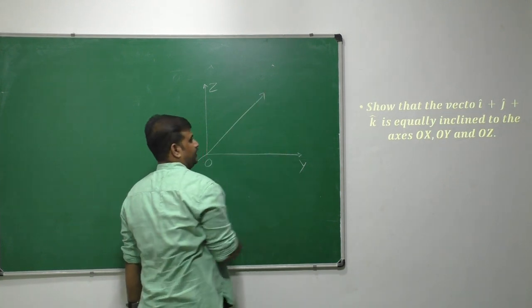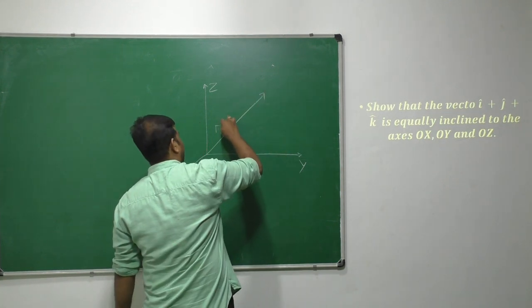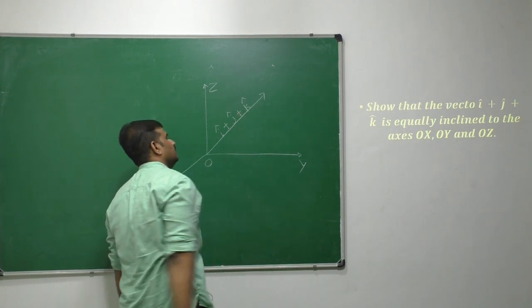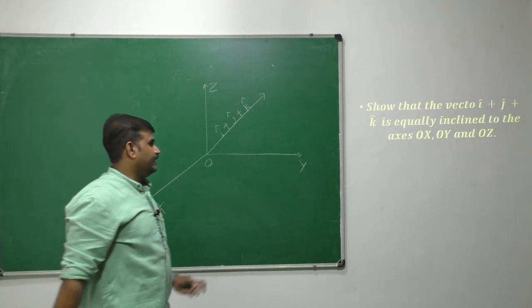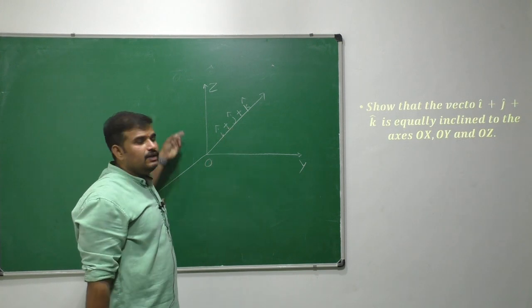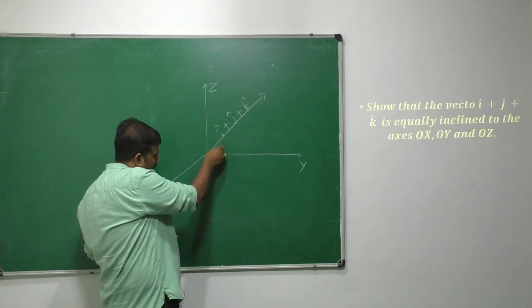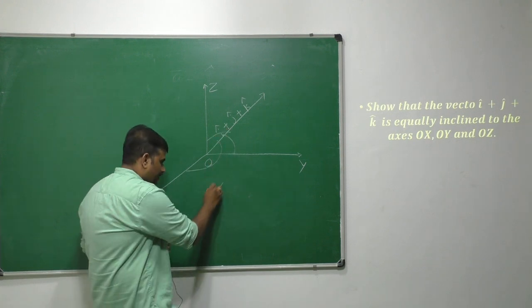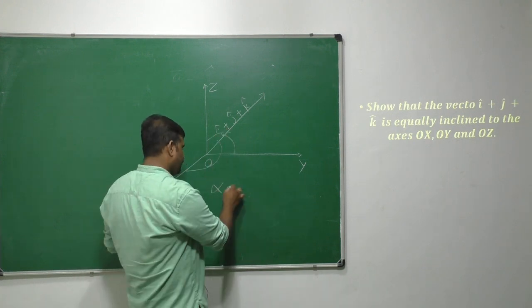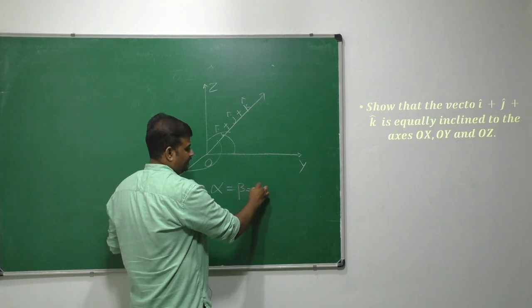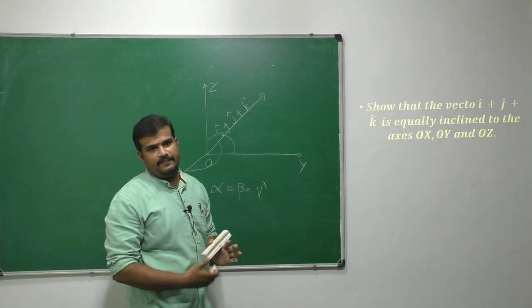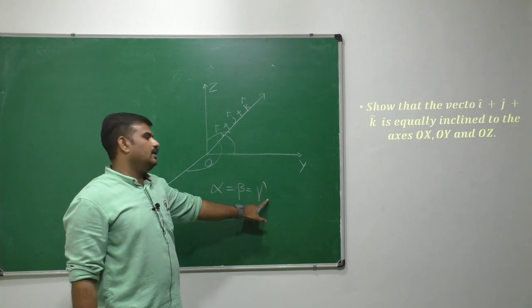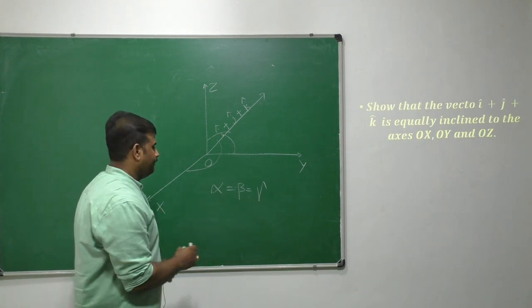Let me take some vector. This is your given vector, I cap plus j cap plus k cap. We have to show that this is equally inclined, that the angle between this and this, we have to show that alpha is equal to beta is equal to gamma, equally inclined. We have to show alpha is equal to beta is equal to gamma. Okay, so now first